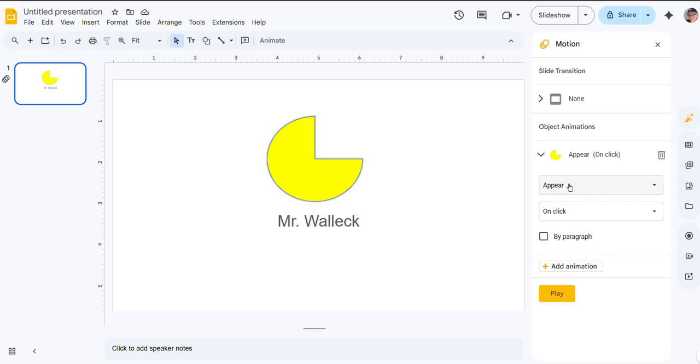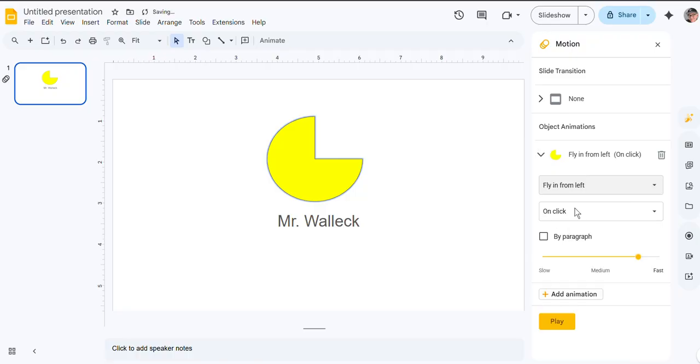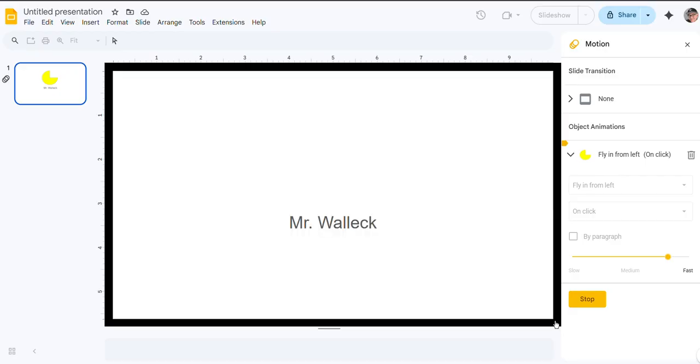Okay, so right now it says up here, what I want to do is I want it to fly in from the left. And I want to do that when I click my slide, so on click. All right, there's other options as well, but I want to do it on click for this activity. And then I want to test it by clicking the play button. So I'm going to click the play button, and right now you'll see my name,